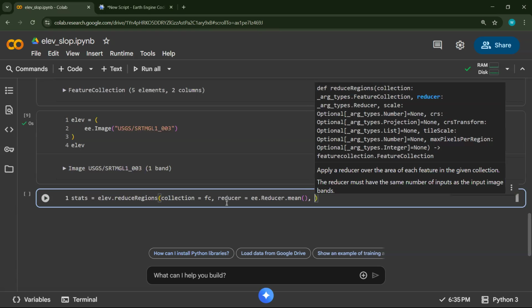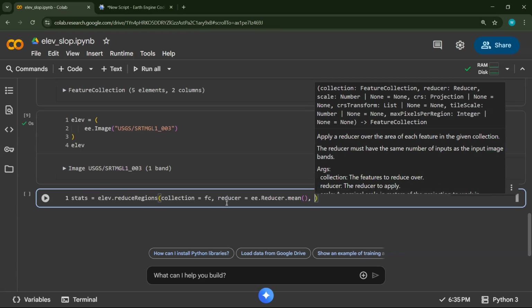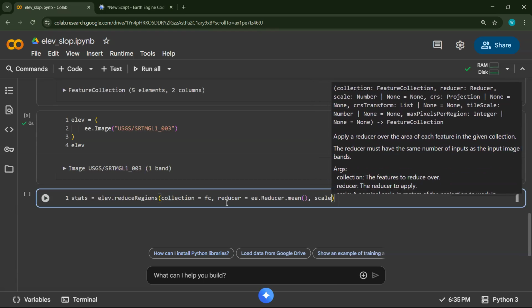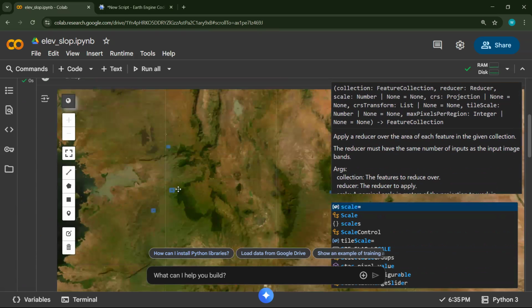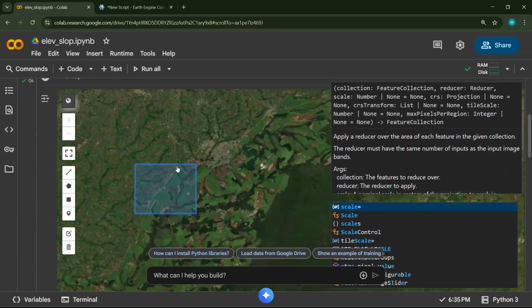So we want to get the mean altitude within each region, right? So we add bounding box or some polygon. So within each of these polygons, we want the mean elevation,